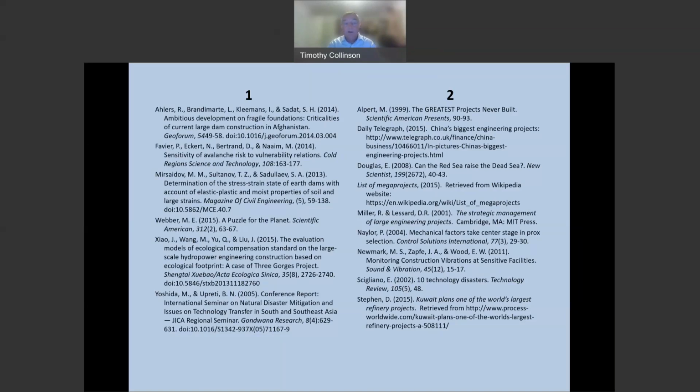Okay, now I understand that looking at reference lists can be a little bit tricky until you get used to them, but I do assure you your lecturers will be able to look at a reference list and spot this kind of thing quite easily. So what I'm hoping that you saw is that on the left-hand side there were perhaps more academic, more scholarly references, and on the right-hand side they tended to be perhaps less academic, more along the lines of web pages or kind of magazine articles, that kind of thing.